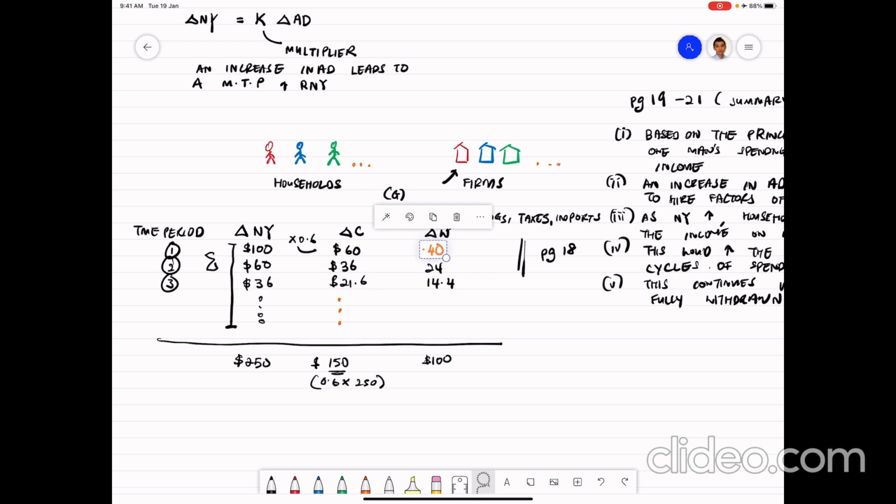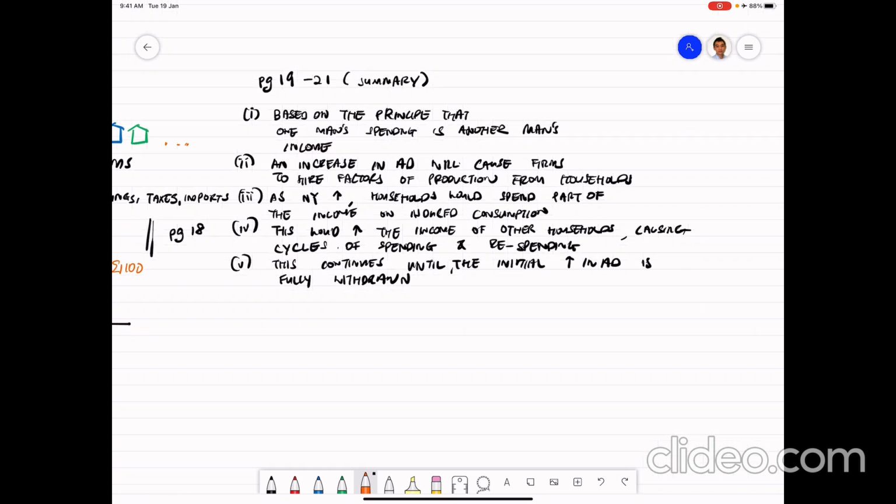40 is withdrawn in the first round. 24 is withdrawn in the second round. 14 is withdrawn in the third round, and more will continue to be withdrawn. And if this whole thing sums up to 100, then all of it is withdrawn and the process stops. So this continues until the initial increase in AD, which is $100 for my case, is fully withdrawn. Okay, then the magic has officially happened, which means that the final